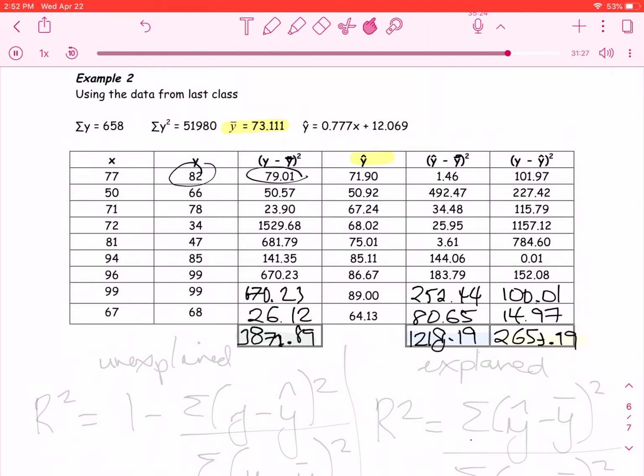Okay, now I'll show you, we can use both equations for our coefficient of determination with our unexplained